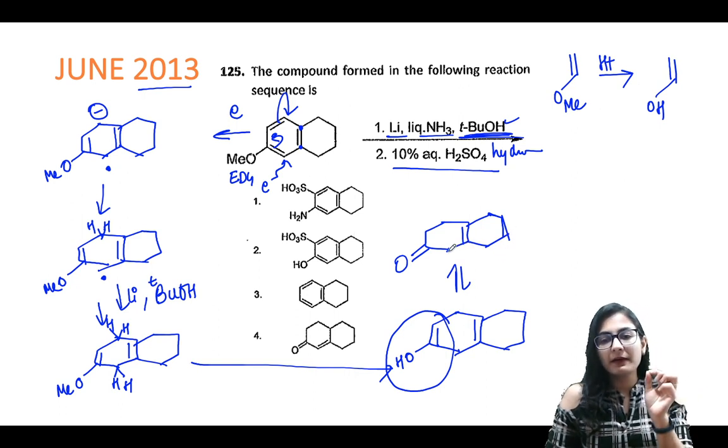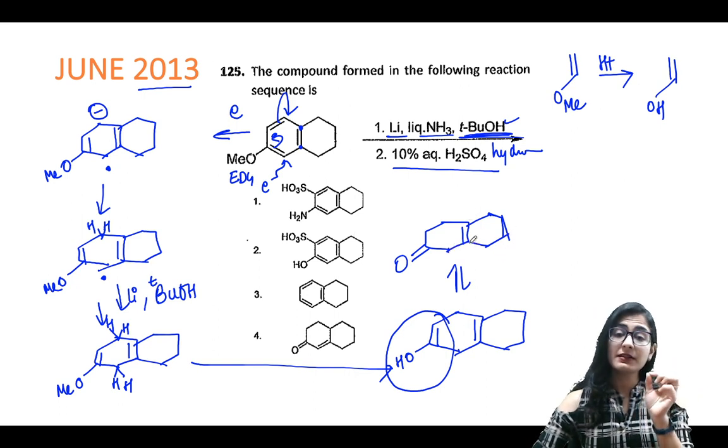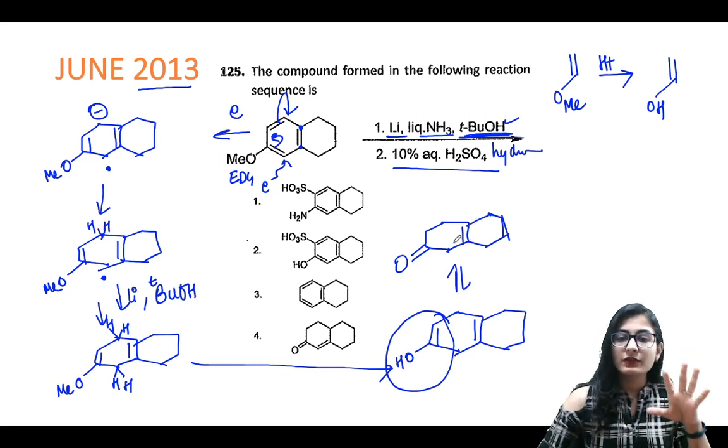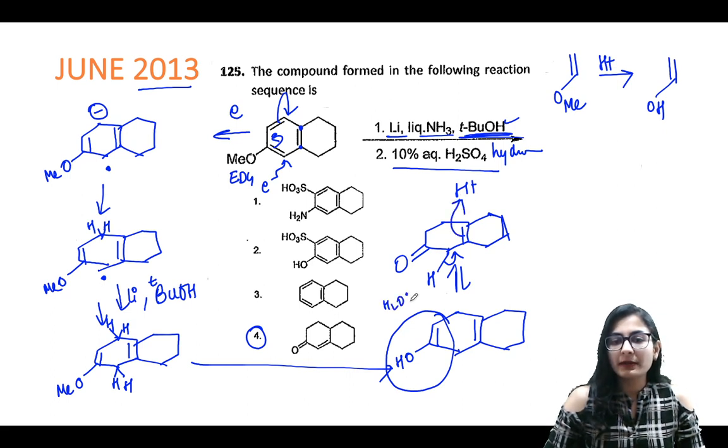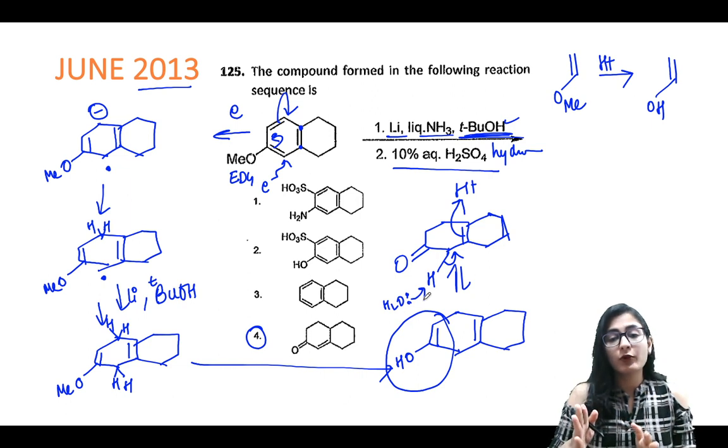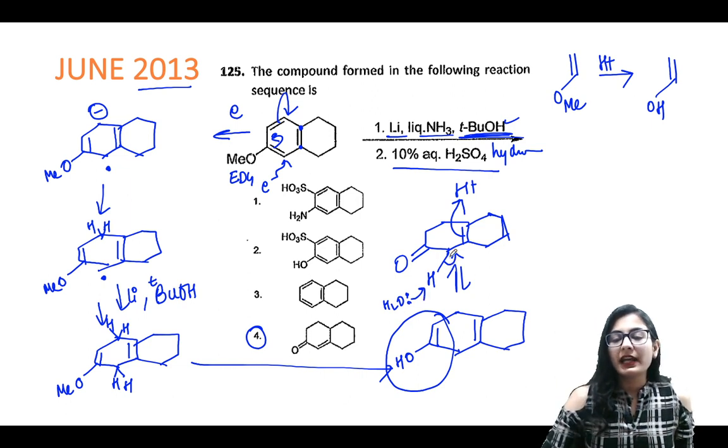Now this is an alpha beta gamma. So this is a beta gamma unsaturated carbonyl, but in the question it is given only alpha beta. So let me also tell you, in the presence of an acid, whenever there is an acid, what you can do is you can simply write an isomerization step like this. Okay, so water is going to take up the acidic proton. This is an alpha proton, it is acidic. Okay, and the isomerization is faster in the presence of acid.